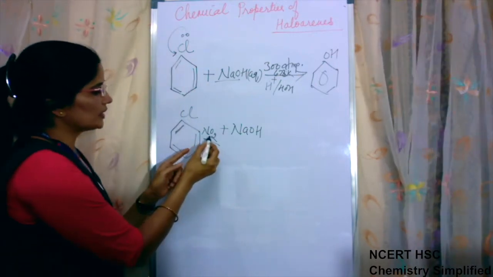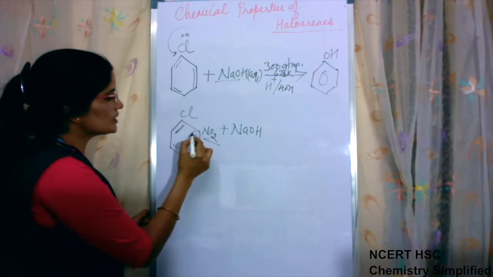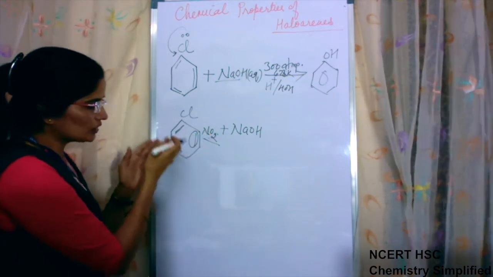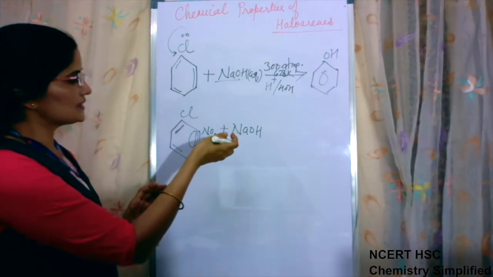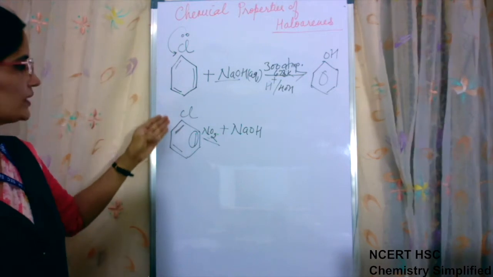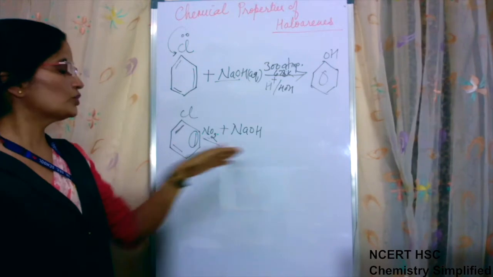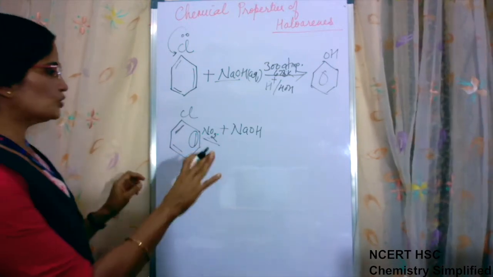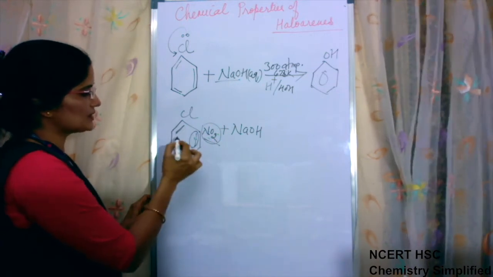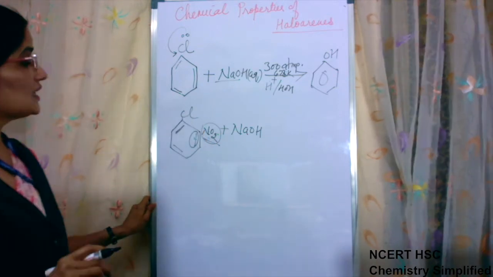But if such a group like NO2 which attracts the electrons towards itself is present, what will it do? These pi electrons it will attract towards itself. Means instead of making them rotate on the benzene ring, it will attract them towards itself. Hence, they will not be available for chlorine to form the partial double bond character. So it will be easy for the bond to break. The complete mechanism you need not do because it is too lengthy. But you should know that because NO2 is an electron withdrawing group, it is going to pull electron density of the benzene ring towards itself and hence this bond will be cleaved easily.